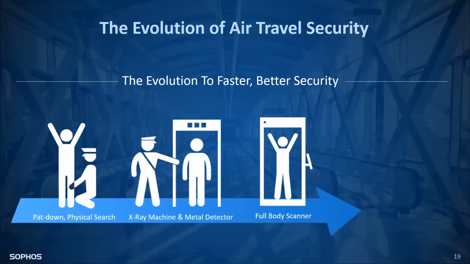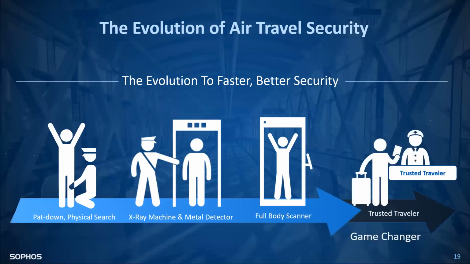Then this is a small example. Fast path is an example of the trusted traveler. Previously, people go to the airport, and someone rolls around you, touching almost every part of your body. That is quite awkward. Then it comes to the X-ray machine and metal detector, and then people are swallowing a lot of materials, keeping them in their belly, and going through that. Then comes the full body scanner, but beyond that, there's a trusted traveler program right now.